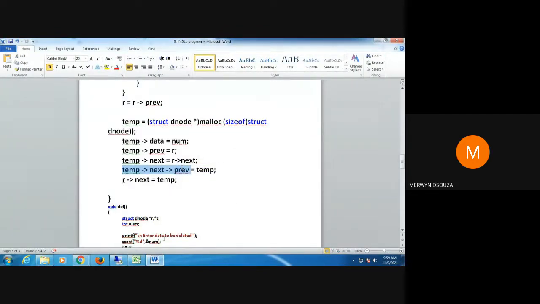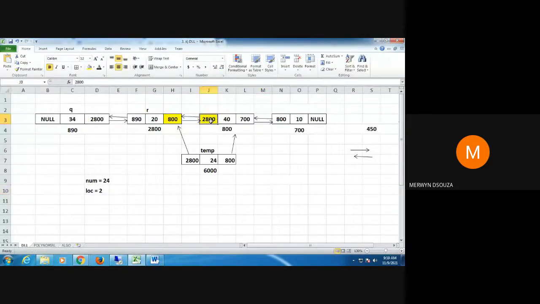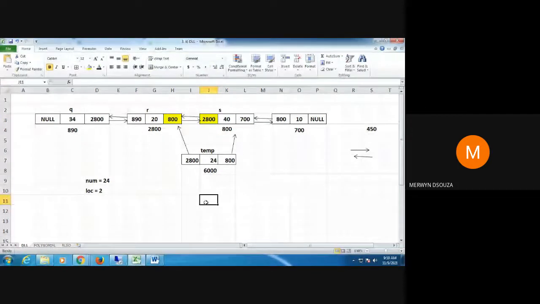As you can see here, I'm trying to make this equal to 6000. Presently, its value is 2800. I'm trying to get the value 6000 here. Now, like I told you previously, if I had a pointer here, S, it would have been very easy. I could have written S arrow previous equal to temp.